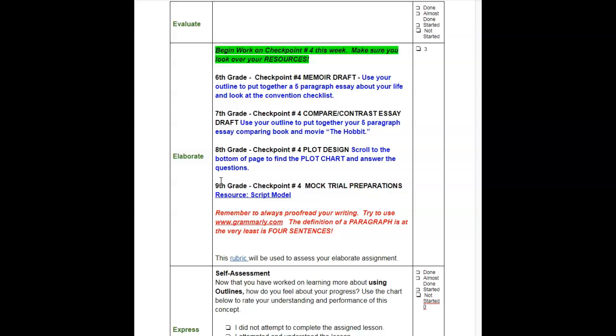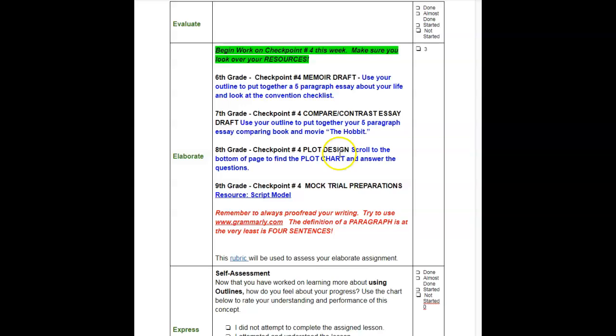In grade 8, you're also working on checkpoint number 4, but you're doing a plot design. And if you don't know what I'm talking about, then you need to go to checkpoint number 4 and scroll all the way down to the very bottom of the page, and you'll find a plot chart. It's a question and answer. They ask you questions, you answer the questions,